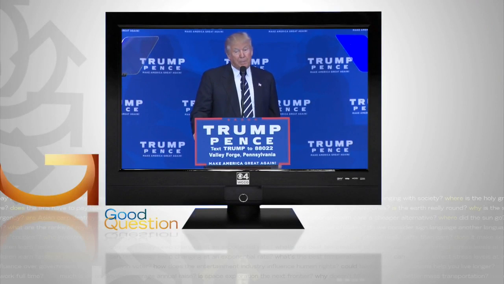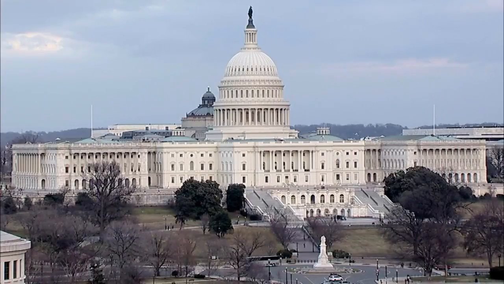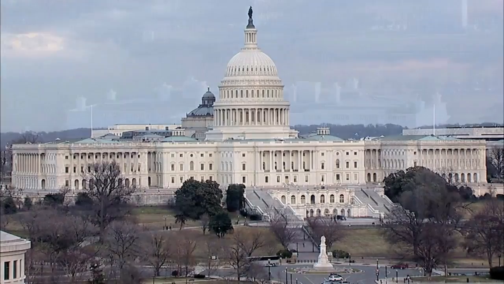Can he do it? We will be able to immediately repeal and replace Obamacare. By himself? No. I don't know how he's doing any of the things that he's promised to do. He's going to have to get the House and the Senate to agree with him in order to do that. In general, you repeal a law by passing a new law. Jill Hasday teaches constitutional law at the U of M. You have to get a majority of both houses of Congress, and then it goes to the president for a possible veto.